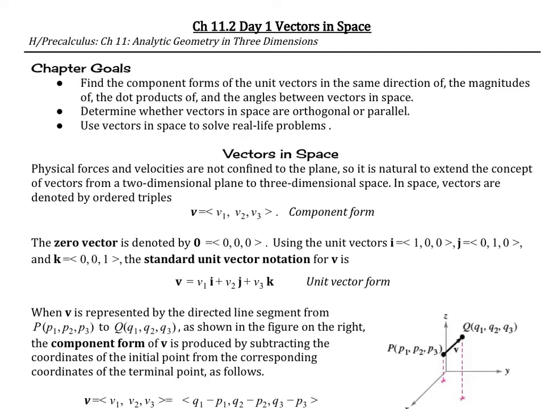Chapter 11.2, Day 1, we're looking at vectors in space. We're going to find the component forms of the unit vectors in the same direction of, the magnitudes of, the dot products of, and the angles between vectors in space. We're going to determine whether vectors in space are orthogonal or parallel,